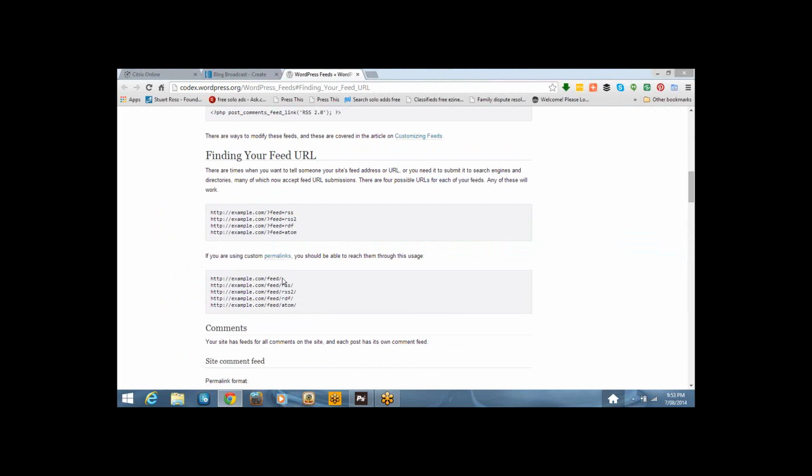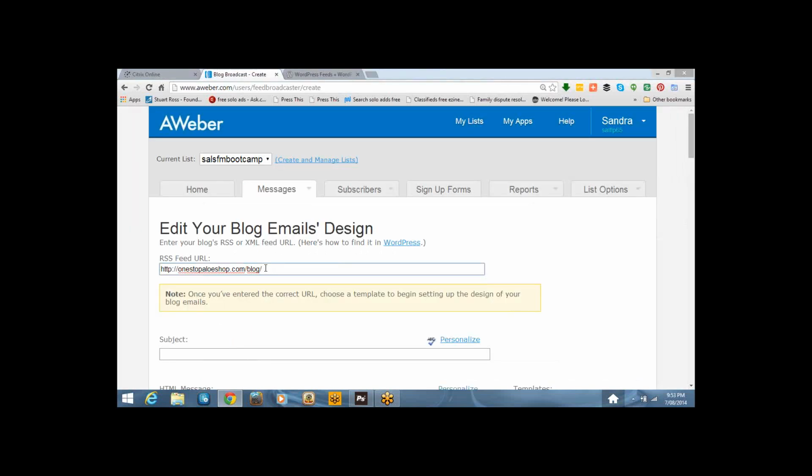You've got to put feed at the end of it. It's got to have this here, feed equals. That's what your RSS feed will look like. Does that clear up that issue for you and Emily?